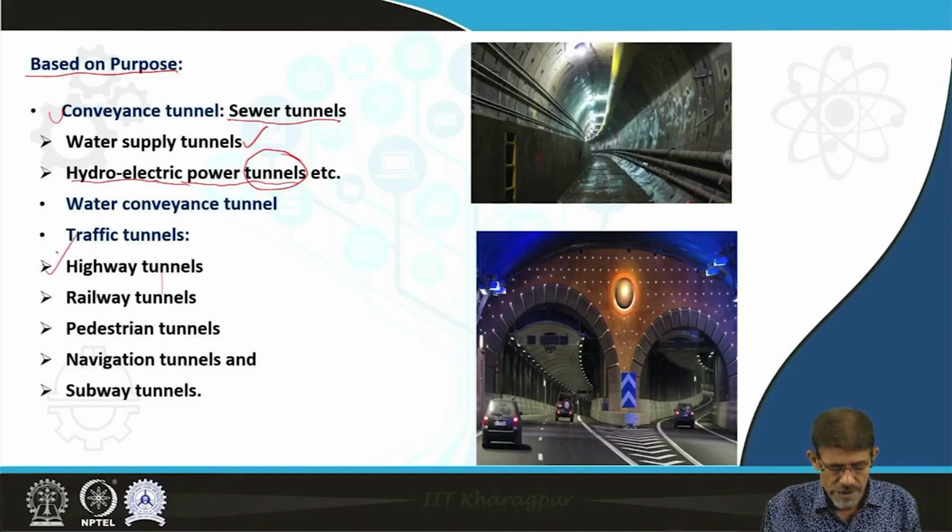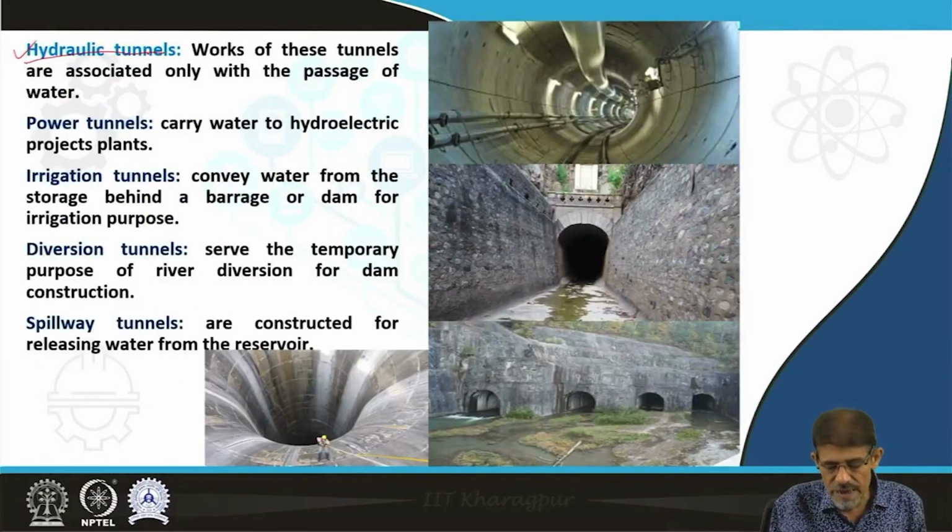We have already discussed the highway tunnel, railway tunnel, pedestrian tunnel, navigation tunnel, etc. You can see a view of a tunnel utilized for the supply of water, and here you can see the traffic tunnel. A hydraulic tunnel is defined as a tunnel whose work is associated only with the passage of water,